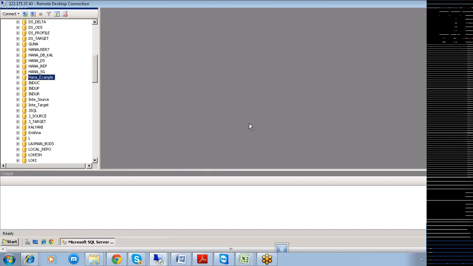Done. Once you are not seeing any window, that means that your repository is successfully associated to your job server in this case.